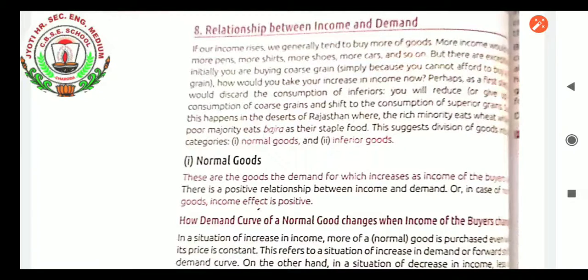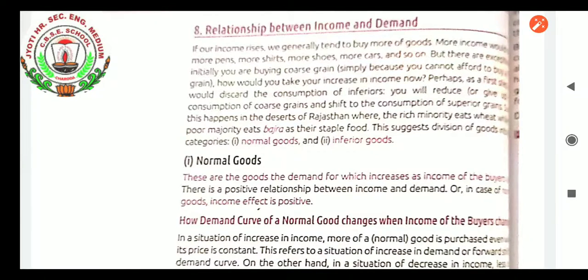The rich people are able to consume wheat. Now you will be thinking why wheat cannot be consumed by all. Definitely wheat cost is more as compared to bajra, and as bajra is a staple food, it is grown in the Rajasthan areas only, so people can get it at a less cost. As goods which are produced in the local area, their cost is also less in that local area, and in other states it is costlier. So that is the only effect.